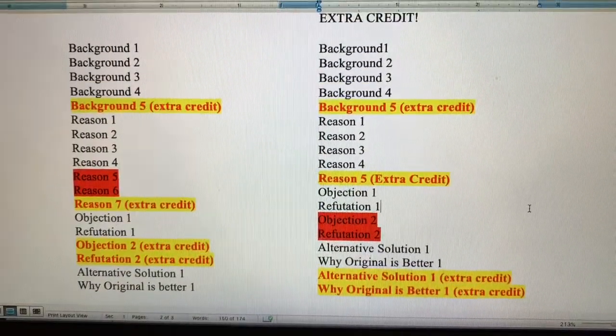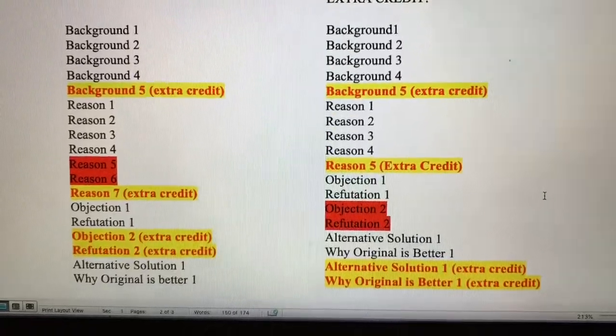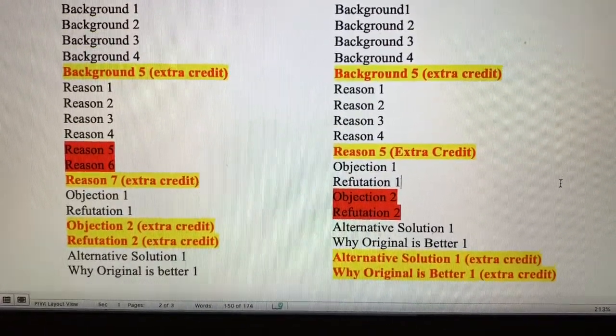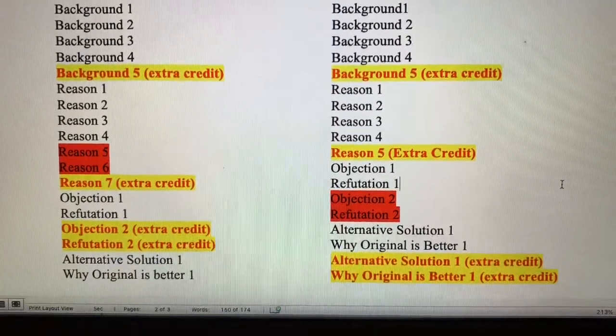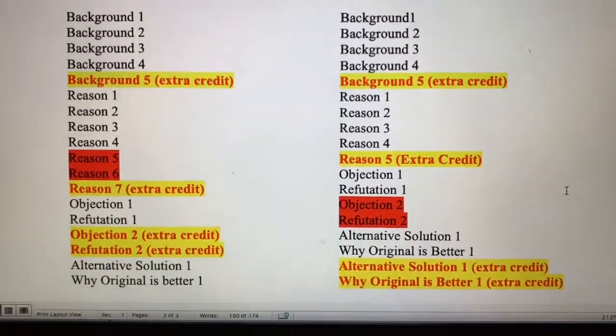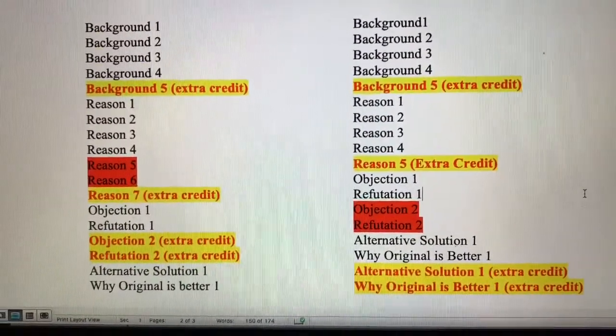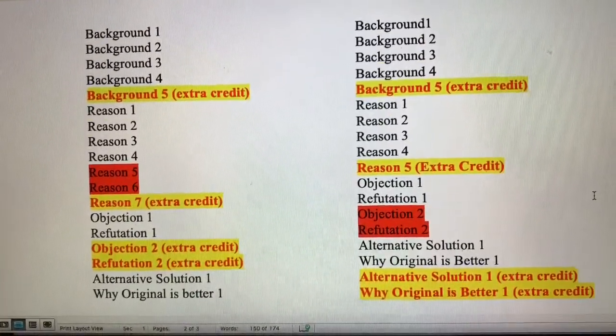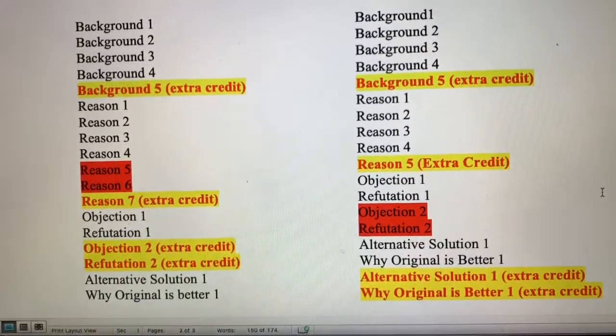And here are the extra credit options. As you notice, these are the maximum offers for extra credit that you can do. You don't have to do all of them, but I know some of you are like, please give me a ton of extra credit. And of course, if you're adding headings for each of these, that's a half a point to a whole point if you have 2 headings each per extra credit, right?